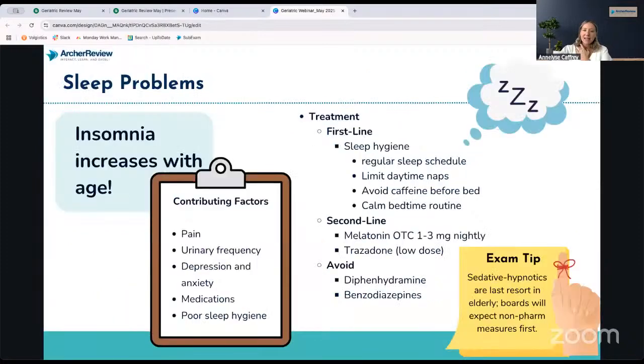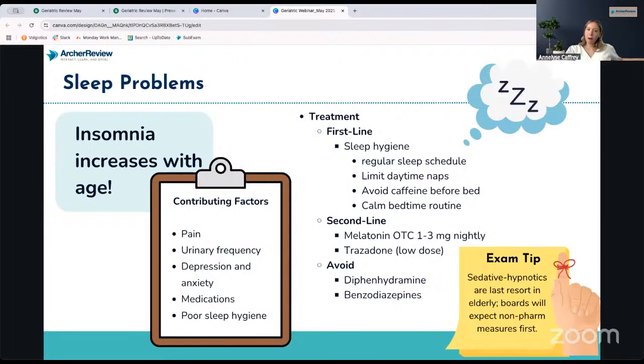Sleep problems, like I said, insomnia is really common in older adults. But most of the causes are reversible, like being in pain, which is a big cause of insomnia, medication, stress, late night episodes of The Office. So we want to make sure that we're first teaching good sleep hygiene, like going to bed on a good schedule, avoiding caffeine before bed, avoiding blue light on their phone or on their TV before bed.